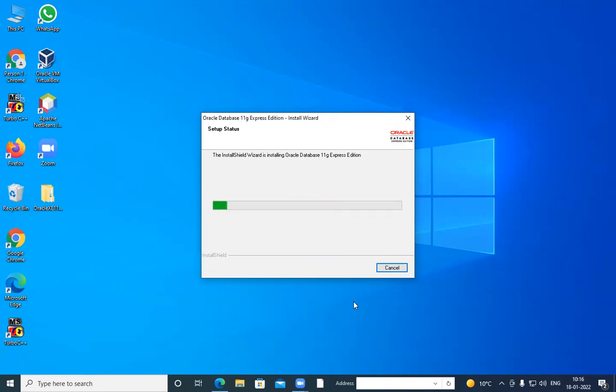The next step would be that the Oracle services would be created and started. These services are required if you wish to work with Oracle. And then the database would be configured. That would be one last step in our installation. Right now the installation process is continuing. It will be creating certain start menu shortcuts and folders.